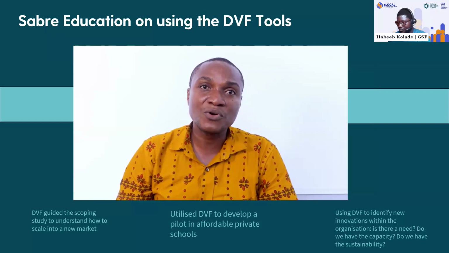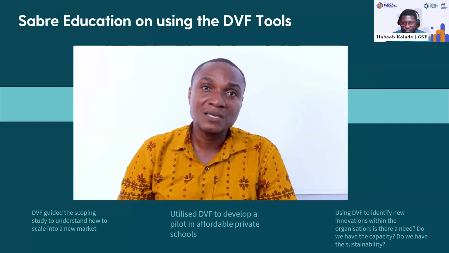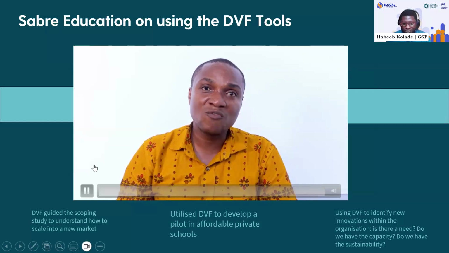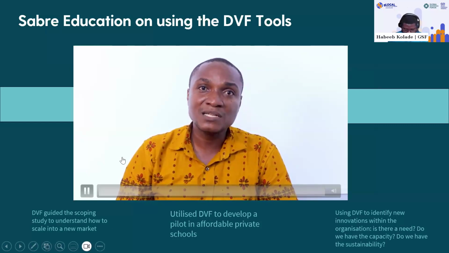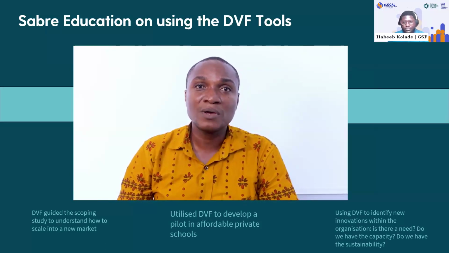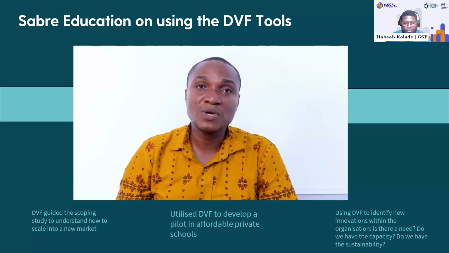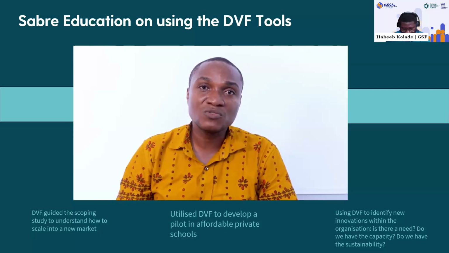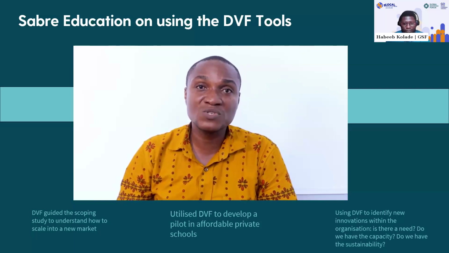Having done this over the period, we are partnering with the GES as I speak to be able to expand this training across the country to about 48,000 teachers. Clearly, the model for private schools we have works. However, the challenge that we face is that we know we have 30% of the Ghanaian children in private schools. What do we do? With Sabre, we have one thing in mind, that we don't leave any child behind. And therefore, one thing that we are doing now, we did actually in 2022, was to roll out this particular intervention in private schools. Because of that, we decided to do a pilot in some of the schools in Central Region.